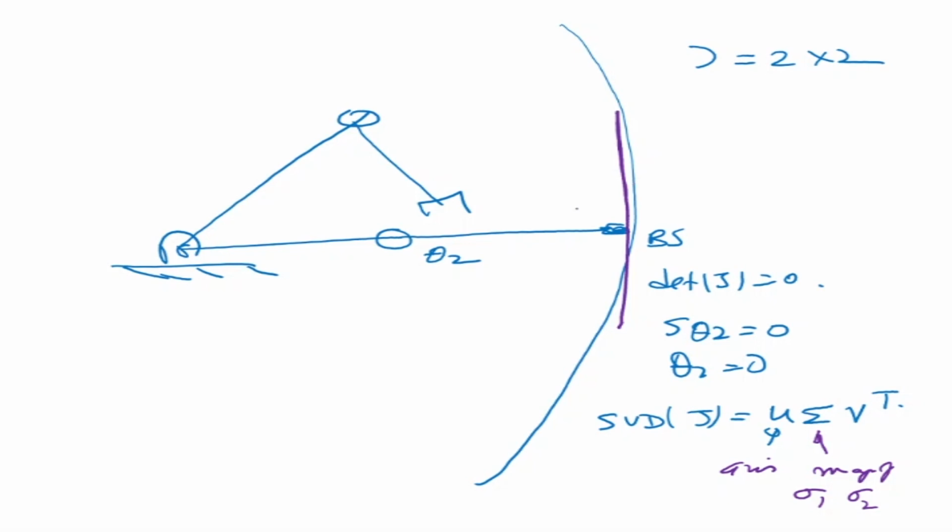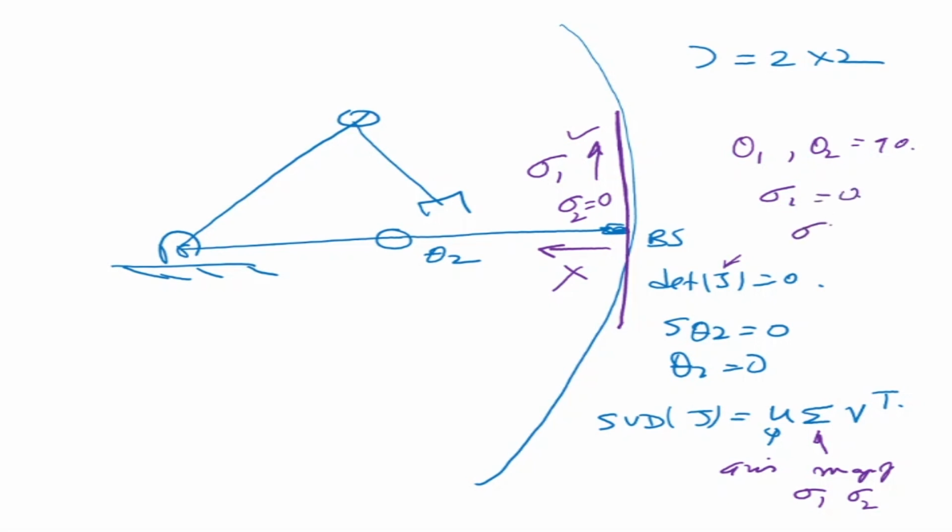Now, a straight line means what? One of the sigmas, sigma 2, has become 0. That means it cannot move in this direction, whereas sigma 1 will have some value, which means it can move in that direction. So in this configuration, if I find the Jacobian and its singular values, for these values of theta 1 and theta 2 equal to 90, sigma 2 will become 0 and you'll only have sigma 1. Your ellipsoid becomes a straight line, and you can move upward and downward, but you cannot move towards the body because one of the velocity vectors has become 0 now.